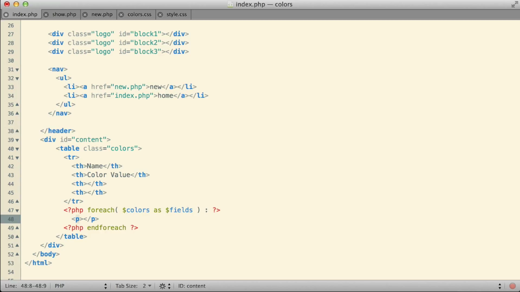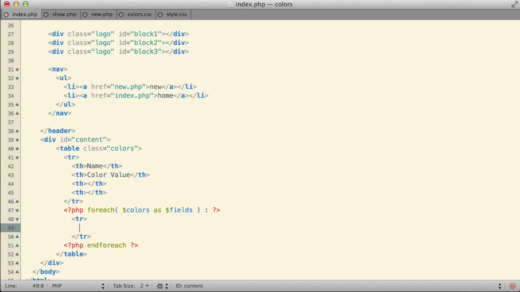So for each one of those colors, I'm going to start a new row. And inside that row, I want to put in all 4 pieces of data. Except I don't want to put them in the format they are in the file. In the file, my data is split up into, as I recall, 4 separate rows. I'm sorry, 4 separate columns. There was the name, the red value, the green value, and the blue value. What I want to do here is have the name on its own, but I want the red, green, and blue values to all be lumped together into that second column, and then the third and fourth columns are going to be for something else.